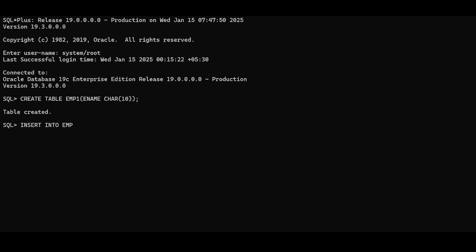emp1, and we have to insert. We also have to insert the values. Where do we want to insert the values? Inside ename. Ename is the column. Values. What is the value that you want to insert? Let us enter something like,